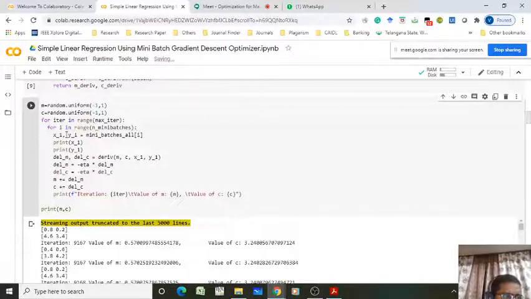Later you have to take x and y values from each mini batch and pass that x and y and m and c into the gradient function. Now update your model parameter: m equal to m plus delta m, that's equal to minus eta into del_m. m equal to m minus eta into dou L by dou m, right. That's what we are doing here, right. So you have to run this algorithm.